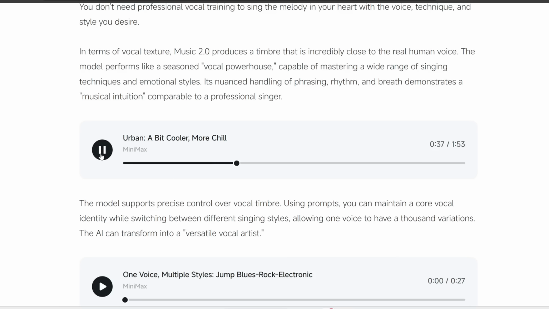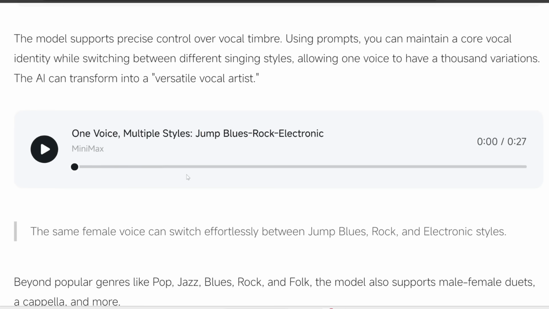You can also take one voice and get it to sing songs of various different genres. So here's an example of the same voice, first singing a blues song, then it switches to rock, then it